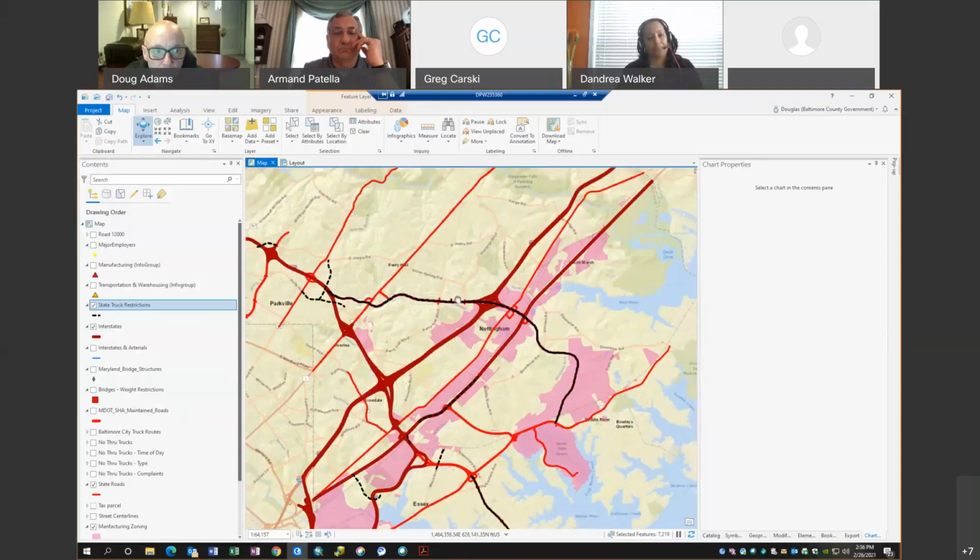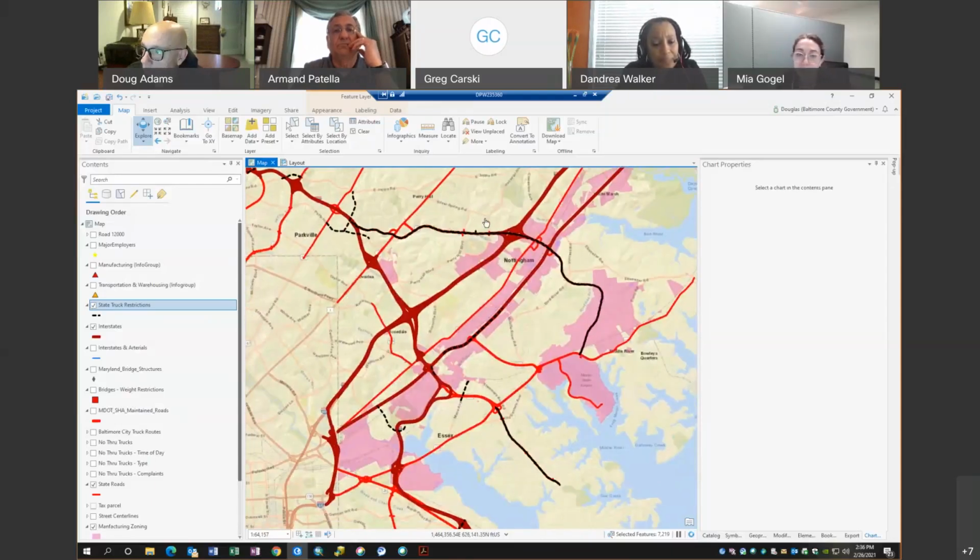So I think we're, sorry, up here before we move on, for documentation purposes I just wanted to clarify something. I saw that you turned the interstates on. Were you trying to reflect a specific interstate route for the inclusion of the preferred routes, or are all of the interstate routes also being included as preferred routes?